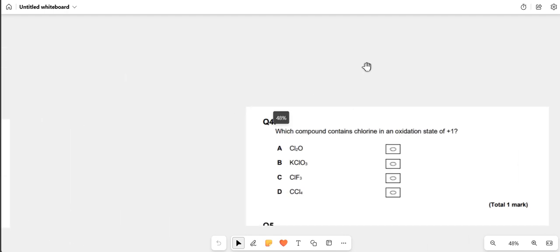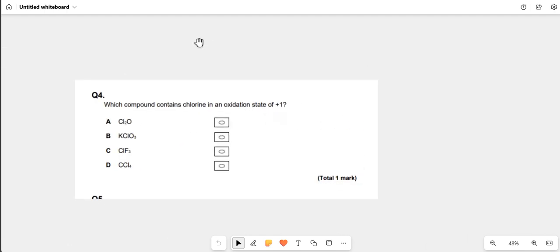Alright, cool. Question 4. Which compound contains chlorine in oxidation state of +1? Interesting. Let's go through them then. Cl2O4. This one would have oxygen as -2, and then -2 to balance out would be +2, divided by 2 is +1. So it's A. But listen,